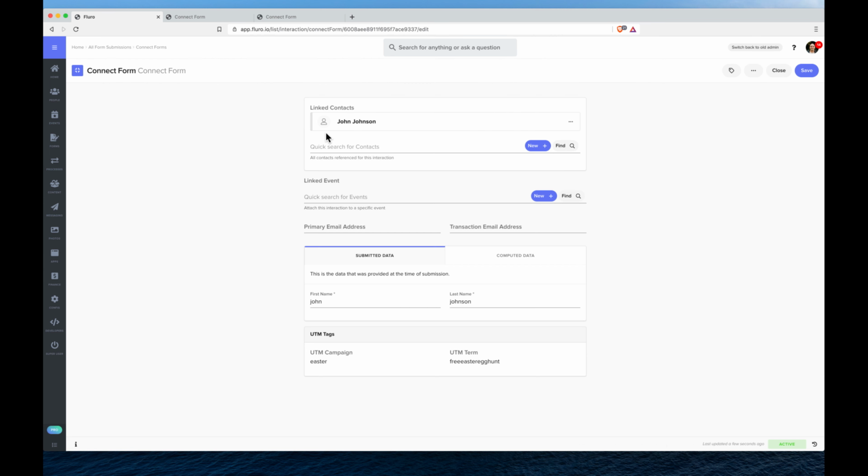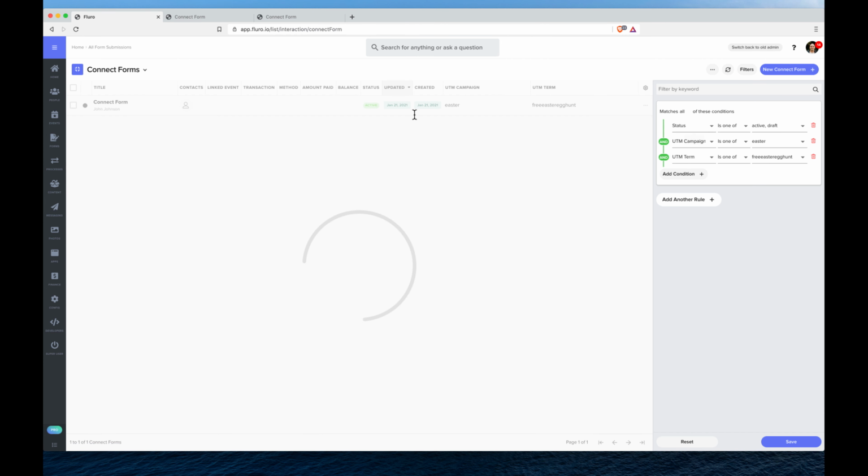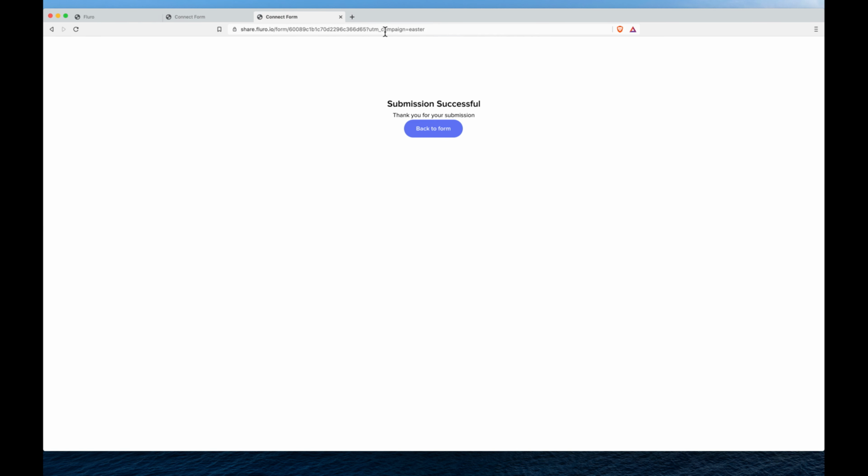And if we click the form as well, we can also see the terms and the campaigns in here. Now this works with form links, but it also works if you have the form embedded on a website. And the great thing about it is you can have someone visit your website. Let's say they go to website.com and you've got the UTM campaign in the URL,